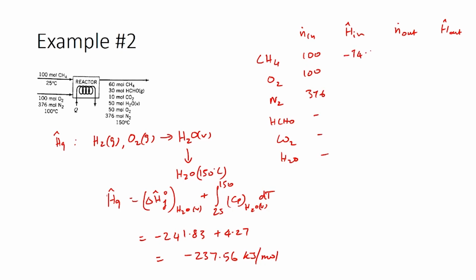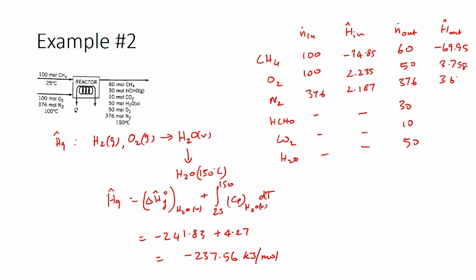The enthalpies are minus 74.85, 2.235, 2.187, and do not worry about these three. You have 60, 50, 376, 30, 10 and 50. So, these enthalpies would be minus 69.95, 3.758, 3.655, minus 111.15, minus 388.6, minus